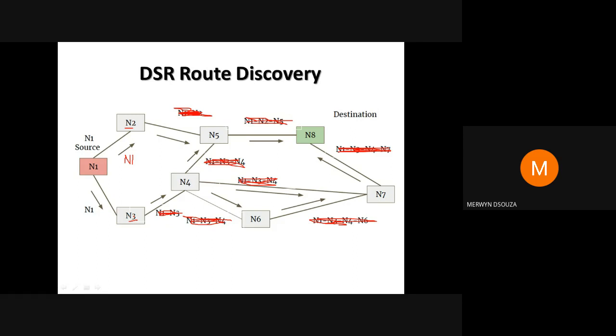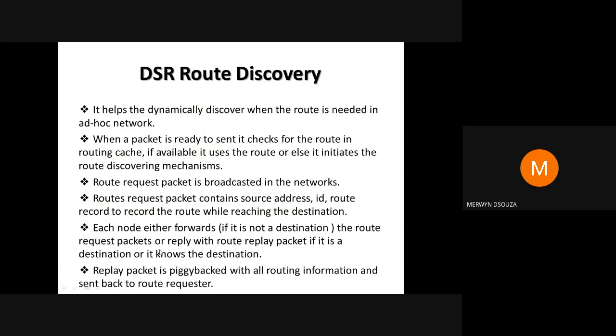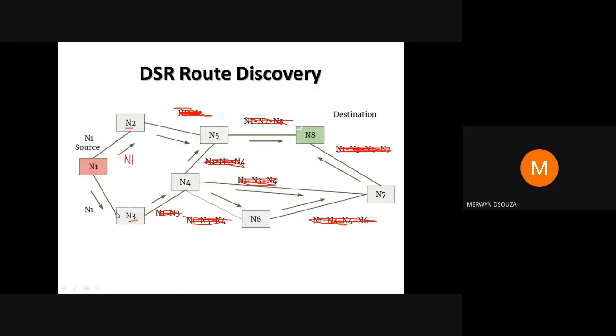So like I told you here, they record the route, the entire route, till it reaches the destination. Therefore N3 will add its name to the route that is being discovered, and then forward the new packet, which contains the new information, to its neighbors. For example, N3 just has one neighbor N4, so it will add its own name to the previous packet that it had got. So it will become N1-N3 and will forward it to its neighbor.